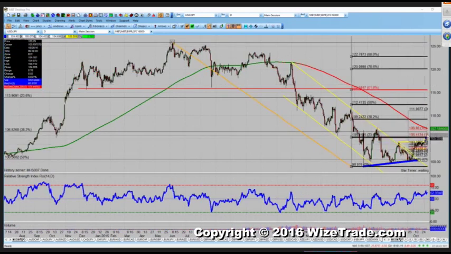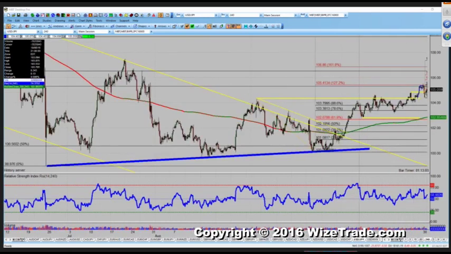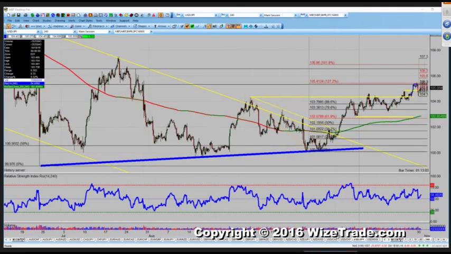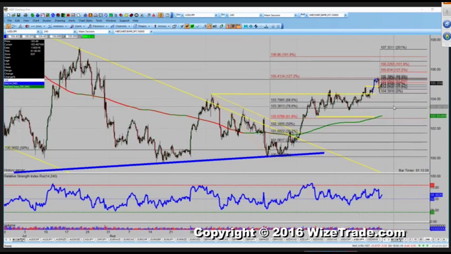It's 105.40. So if or when we take out 105.50, I'm going to be very, very bullish the dollar yen. And it's not so much being bullish the dollar; it's being more bearish the yen. I'm a seller of yen. But anyway,